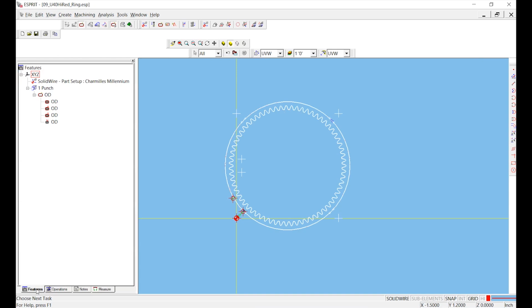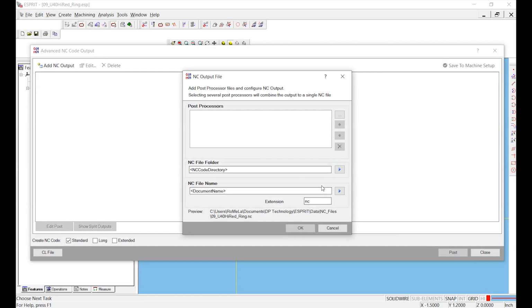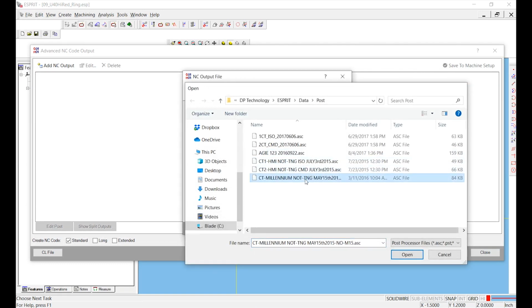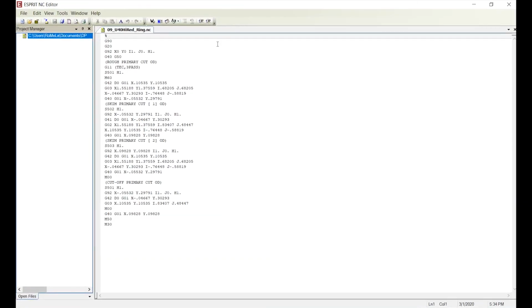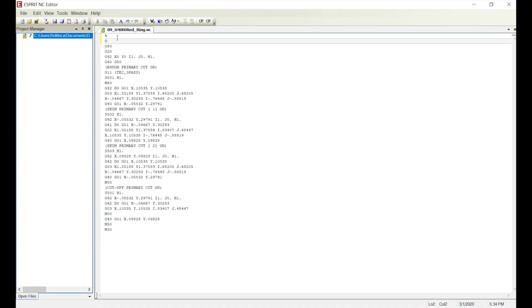Now, an error also occurs, which is it puts the coordinate at the bottom. So in the list of operations, whether you want this or not, maybe you're going to do other ones and you want this coordinate frame, but we're going to bring this to the top. And what we're going to do is we're going to post this again. And now we see the G code, but now there's a large problem, which is we do not have the